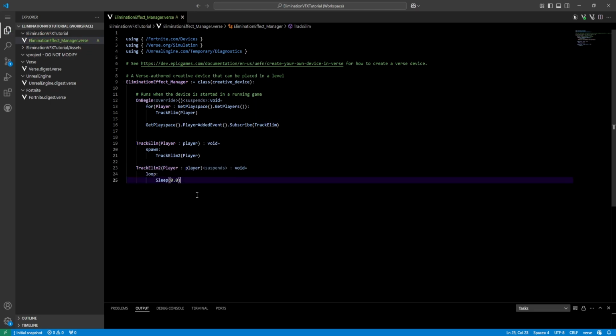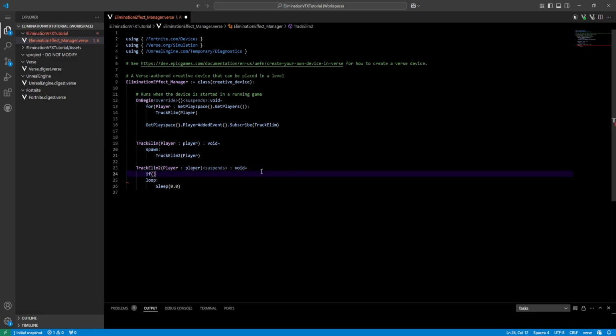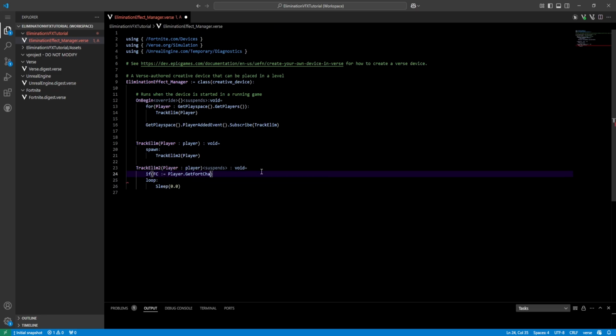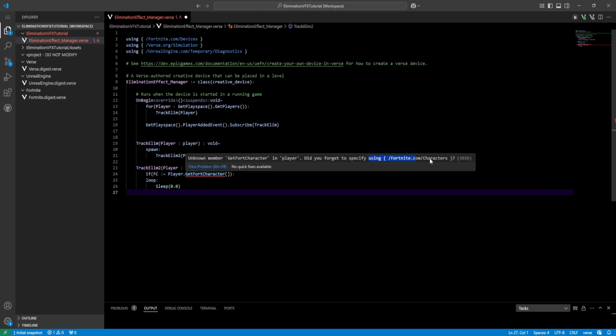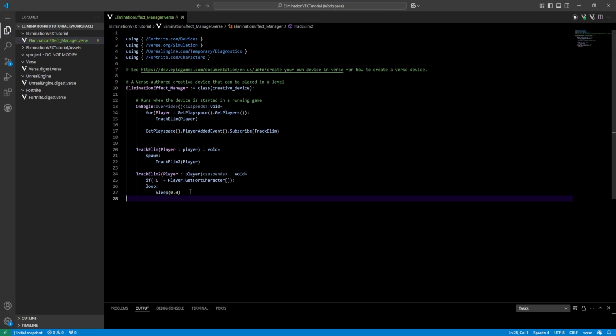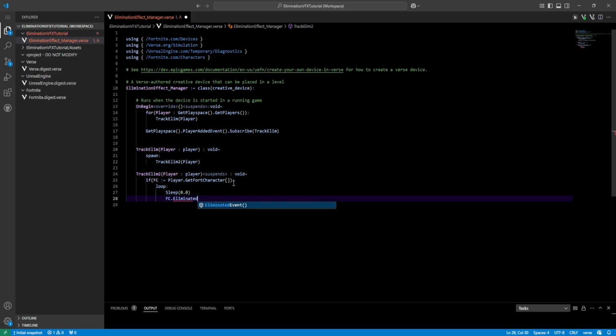Anyways, now that we have this loop, we need to go ahead and wait for our player to get eliminated inside of it. But to do that, we need to get the fort character. So I'll say if our fort character is equal to player.GetFortCharacter, like so. Here we're going to get an error. That's because we need to use Fortnite.com/characters. So I'll copy and paste that up top. Now that we have our fort character, we can go inside our loop and write fort character dot EliminatedEvent